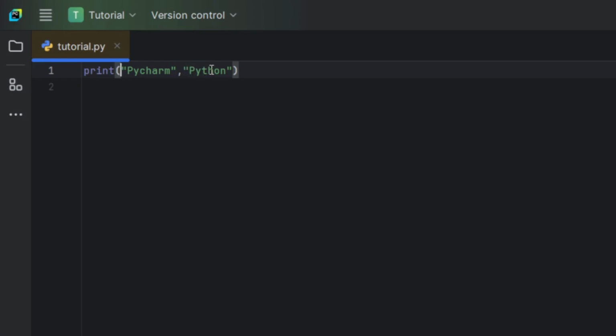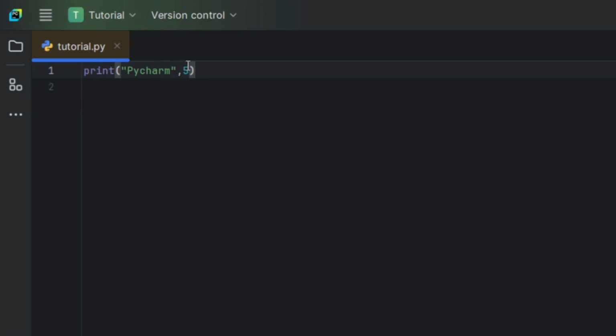Now, in this example, the argument in the print function is known as a string. Well, what is the difference between a string and an integer? If I take PyCharm and then if I take 5, it'll print PyCharm 5. But why isn't 5 in those quotations and why is PyCharm in the quotations?